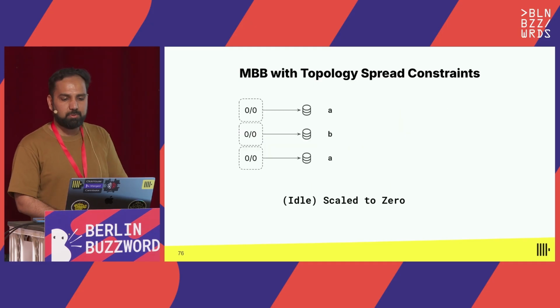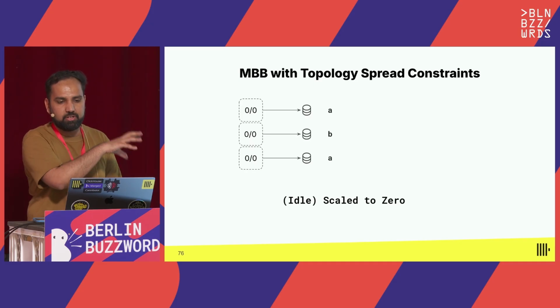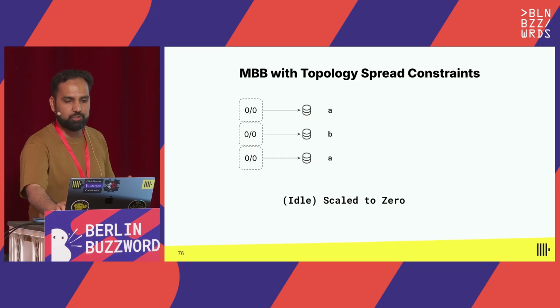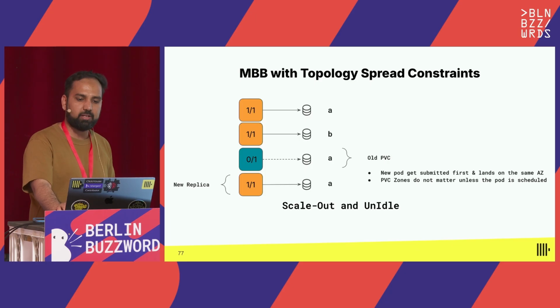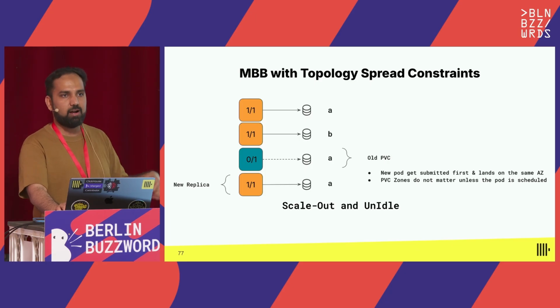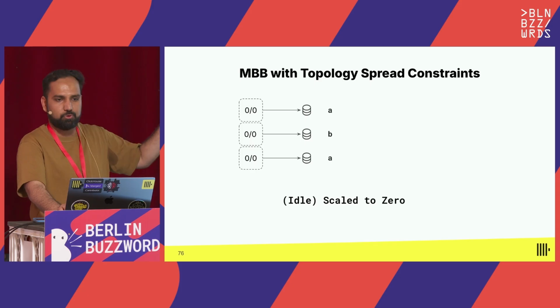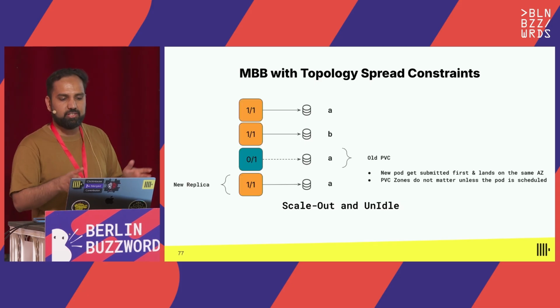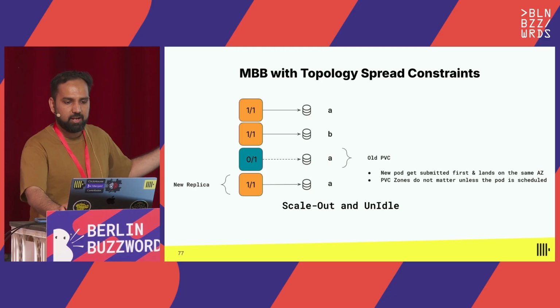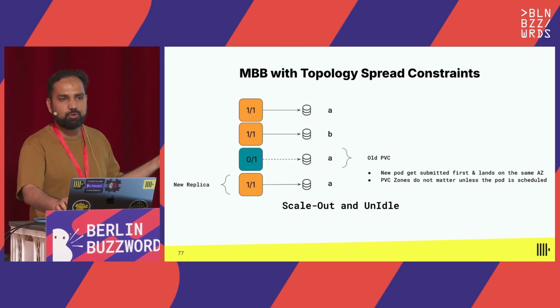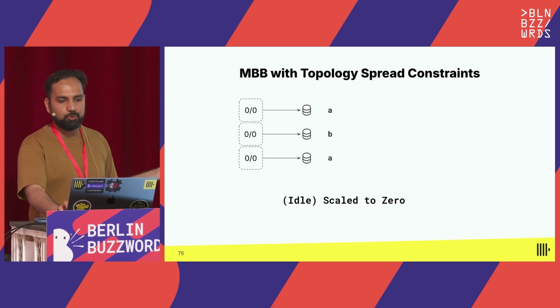Another problem was that, for example, we have something called scale to zero idling. What happens is when you're idling, your PVCs are still lying around, right? And your PVCs are associated with certain availability zones. So what happens when you're idled and your customer decides to say, you know what, instead of 3 replicas, I'm going to have 4. So when you wake up, don't wake me up with 3 replicas, I want 4. Now a new replica has just come up, but the Kubernetes scheduler is not really aware of the PVCs, it's only aware of scheduled pods. At this point, there's nothing scheduled. You can have a race condition.